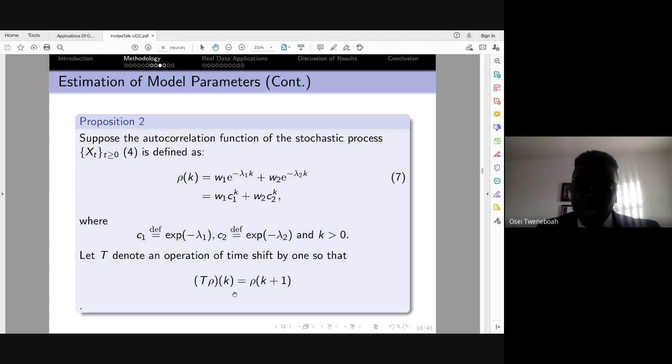Once we have this time shift, we can define another operator, which is T minus C1. We perform that operation on rho, and then we find T minus C2. Remember, C1 and C2 correspond to the definitions here. So we perform the operation of T minus C1 on rho, and we also perform the same operation with T minus C2. We obtain